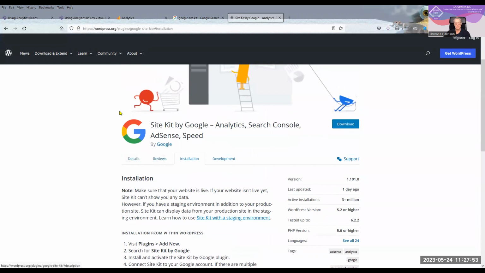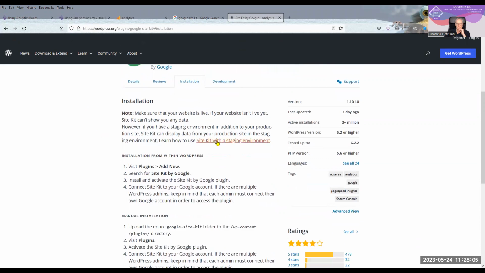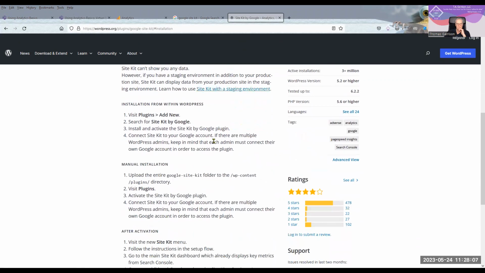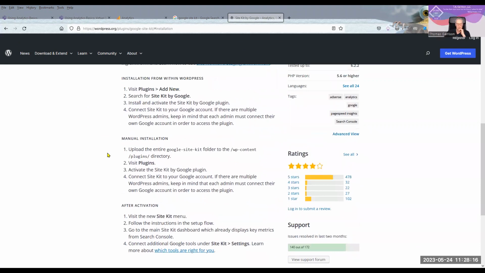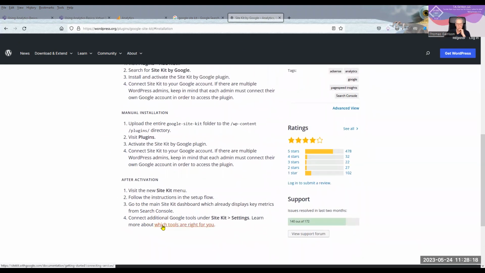Site Kit doesn't have that. Okay, but you should have, oh, it does, it's supposed to have your analytics. So in your Site Kit, in the settings, Site Kit settings, you should find it there and you'd be able to get your analytics code.